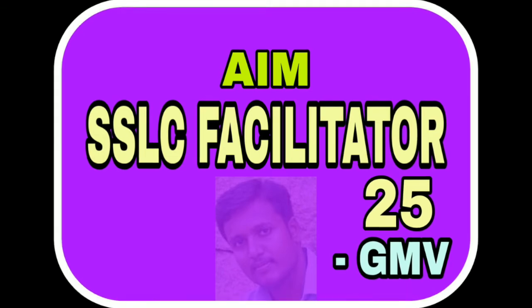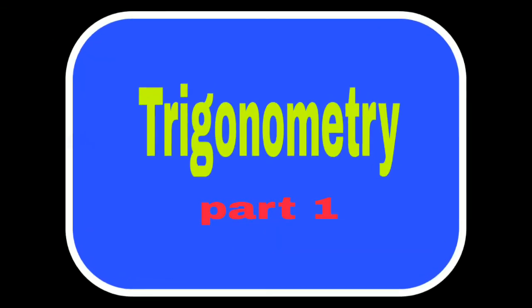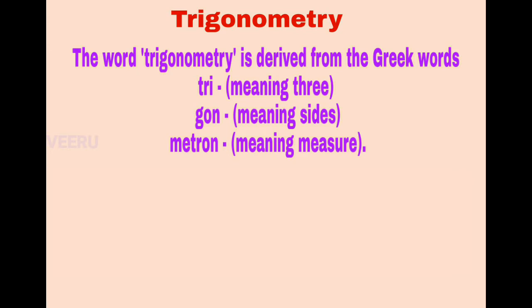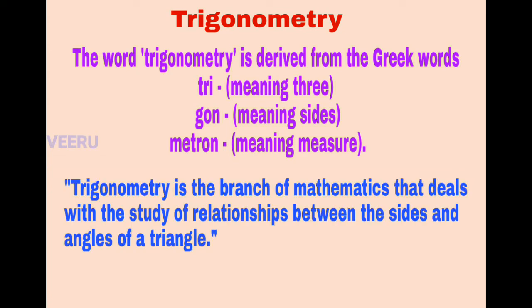In this video, we are discussing a new chapter, Introduction to Trigonometry. The word trigonometry is derived from the Greek words tri, gon, metron. Tri means three, gon means sides, and metron means measure. Trigonometry is the branch of mathematics that deals with the study of relationships between the sides and angles of a